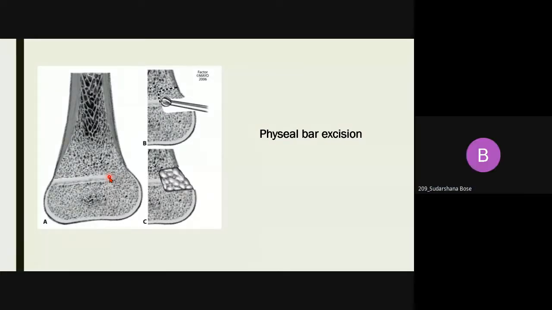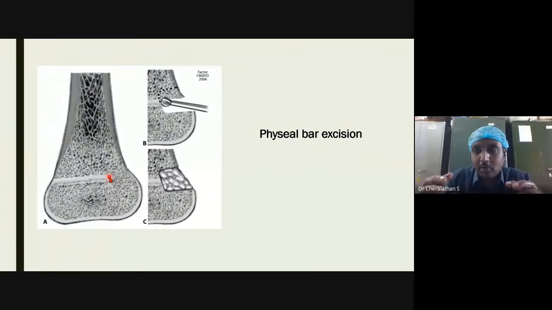Yes, sir. Thank you. See, if only 20% of the physis is left on one particular side, removing a bar of the remaining 80% doesn't help. In those patients, you cannot do this. In such cases, you have to go for osteotomy. This is reserved only for cases where the outer rim alone is affected. You just remove the rim. The void is in such a situation that it usually is not very clinically significant.